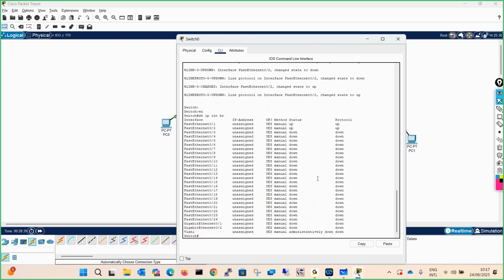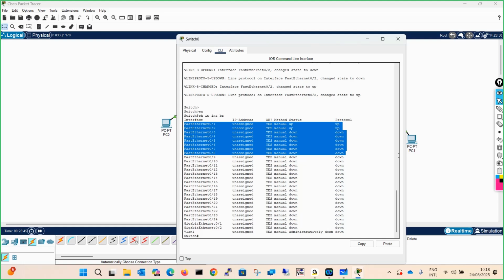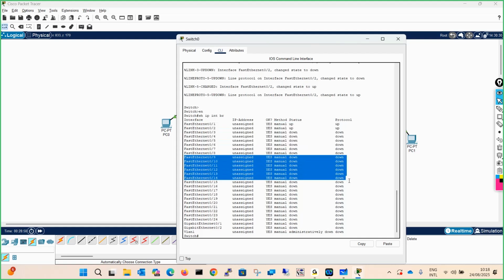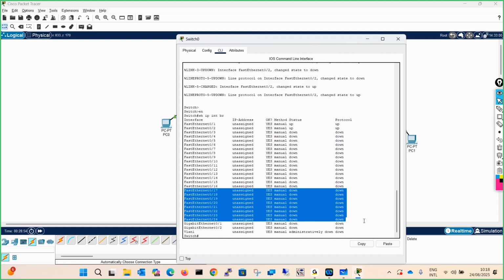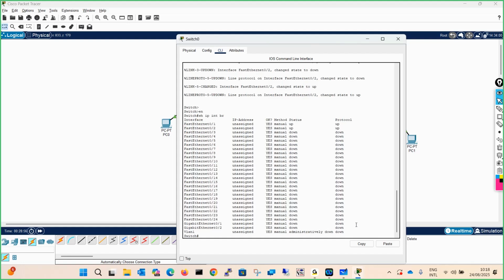My requirement is that the first 8 ports of the switch will be grouped in one broadcast domain, the remaining 8 ports will be in some other domain, and the remaining will be in some other domain. So what I have to do is create VLANs.